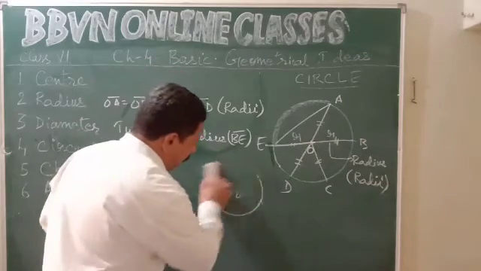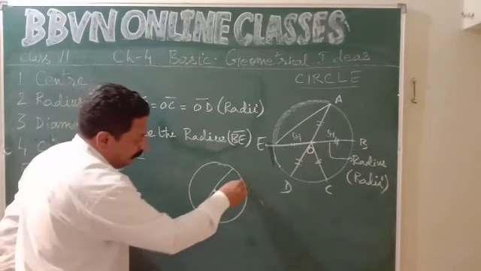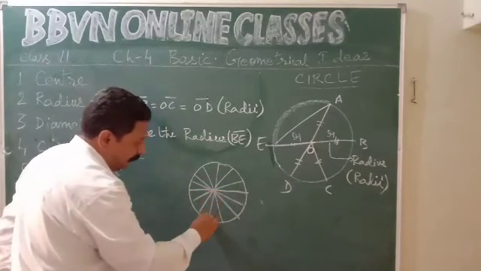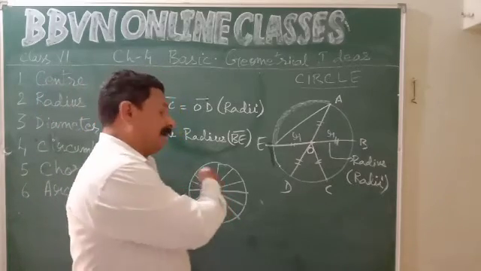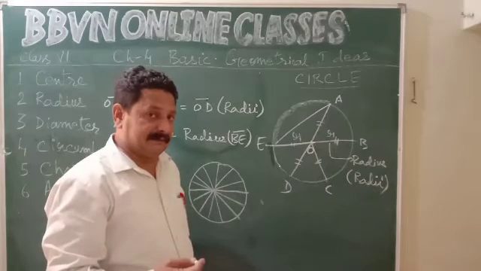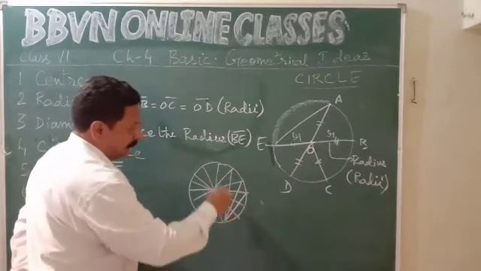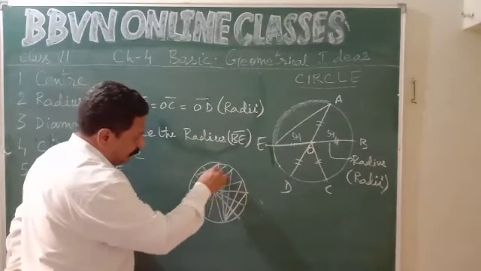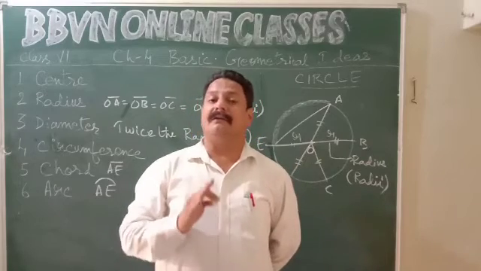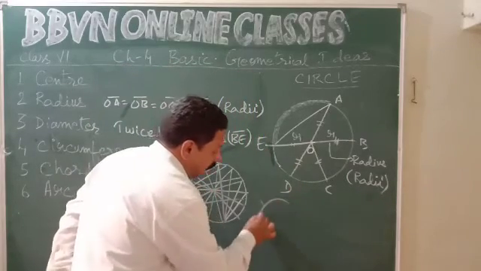And in a circle, with its center, you can have infinite diameters. You can make as many diameters as you want. Uncountable diameters can be made. So if there are uncountable diameters, there are uncountable radii too. You can make as many radii as you want. In the same way, we can make uncountable chords inside a circle. A circle can have infinite chords, made anywhere, right? So a circle can have infinite radii, uncountable radii. It can have uncountable diameters, it can have uncountable chords.